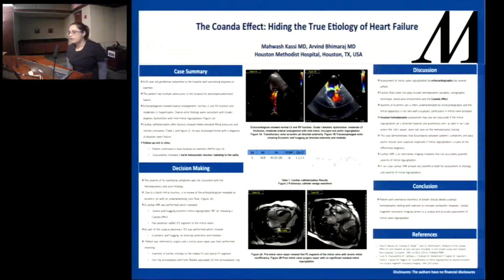At the time, because his symptoms were out of proportion, he underwent a right heart cath. So the first picture is the echo picture, which shows very trivial mitral regurgitation, figure 1A. This is the first echocardiogram that was done in the hospital. Then subsequent to that, he had a right heart cath, and those were his numbers. His PA pressures and wedge pressure were slightly elevated. That's the tracing of his wedge pressure.